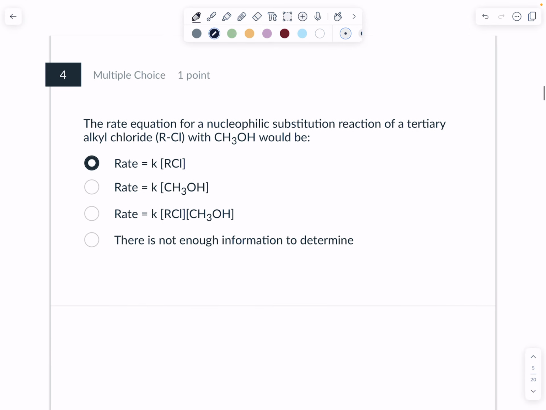Next, the rate equation for the nucleophilic substitution of a tertiary alkyl chloride with CH3OH. So we know this is a substitution reaction. So we need to figure out, is it SN1 or SN2? SN1 usually has a weak nucleophile, and SN2 a strong nucleophile. So looking at this, we have a weak nucleophile, so it's probably SN1, but you need to be able to make a carbocation, so